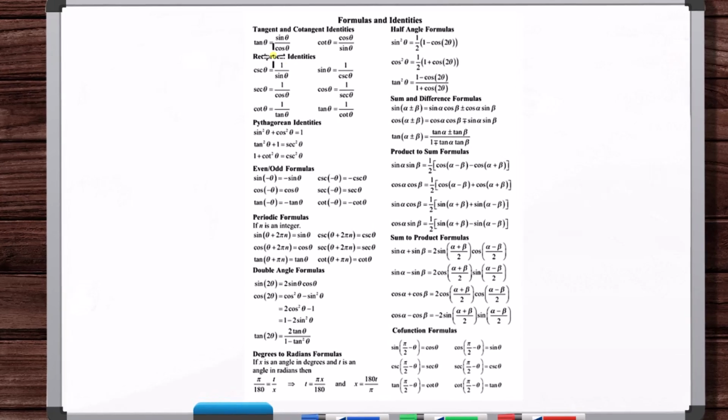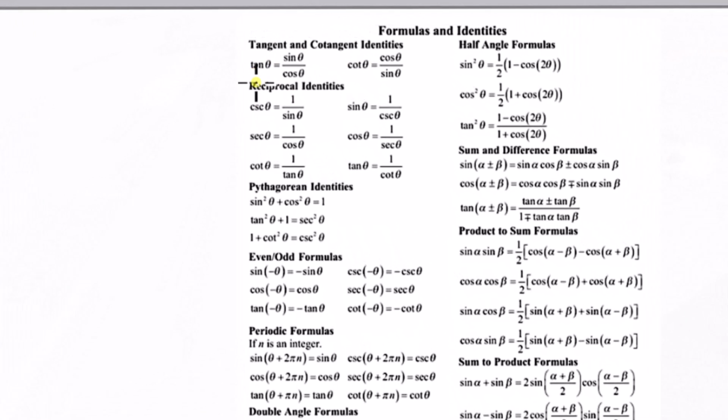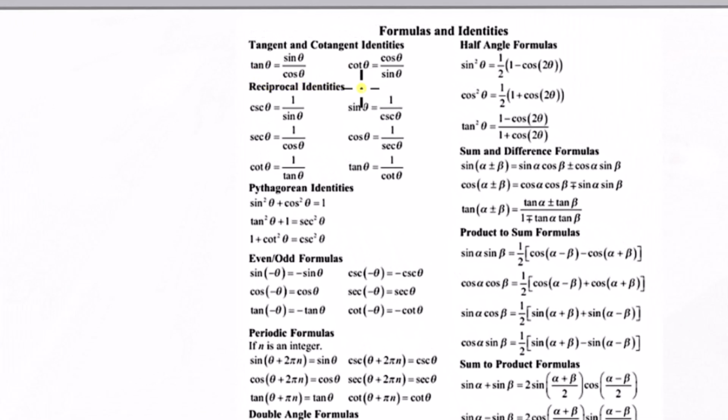Let's derive the quotient trig identities. Here they're called the tangent and cotangent identities, but more officially these are called the quotient identities. You'll see on other trig identity sheets they'll be labeled the quotient identities. So that's tangent theta is equal to sine theta over cosine theta, and cotangent theta is equal to cosine theta